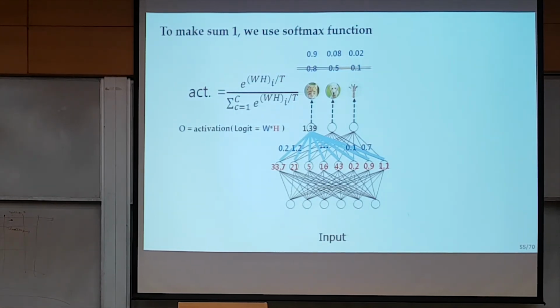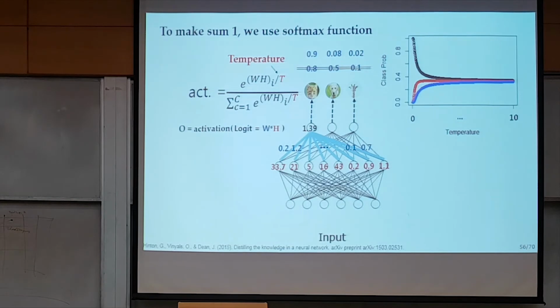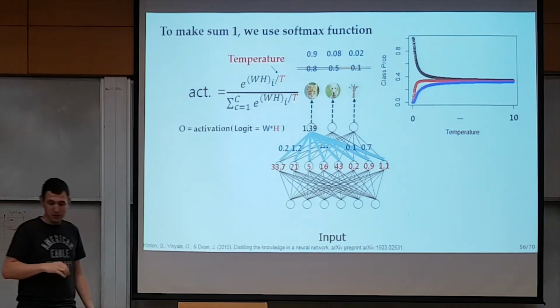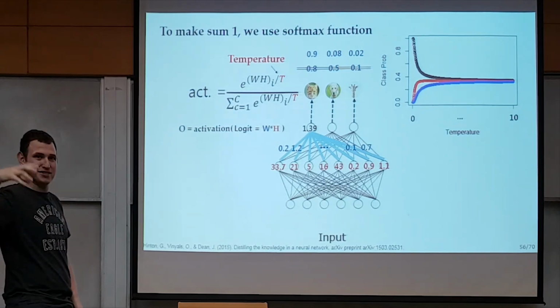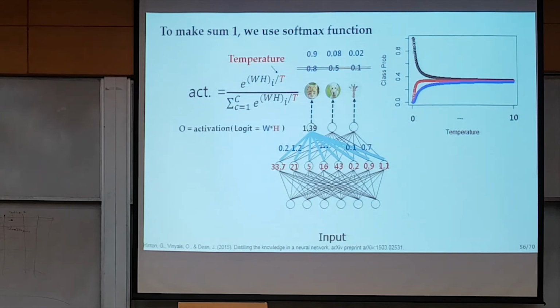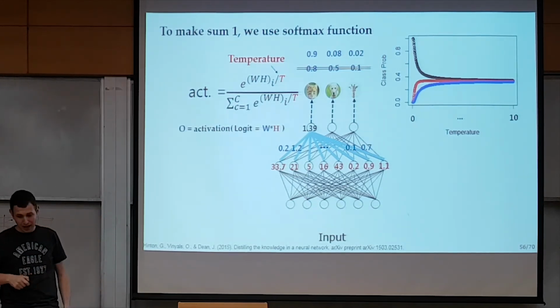So this is our softmax function, and from the scores we now have our probabilities. Now I will add one parameter to my softmax. This parameter is temperature. I will not explain all the assumptions that Hinton gave on why he chose the term temperature. But it's a parameter that if I give it a value more than some threshold,